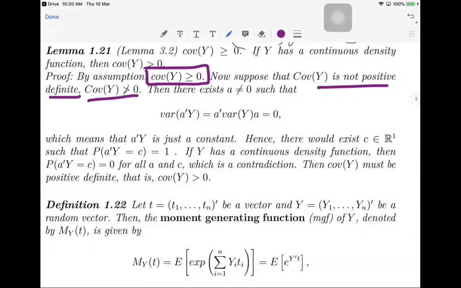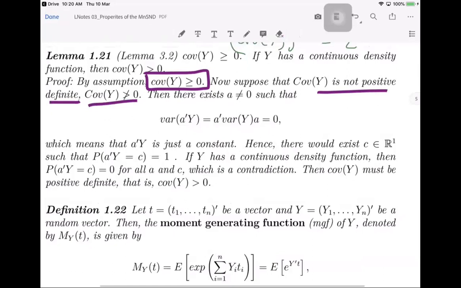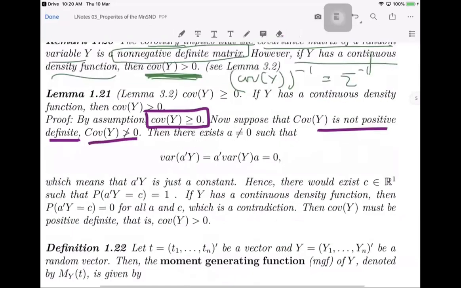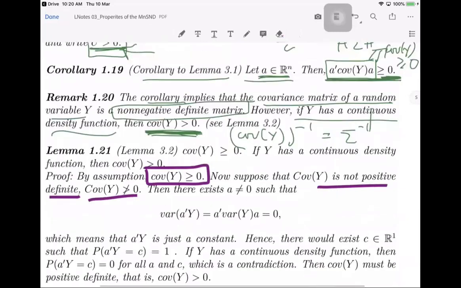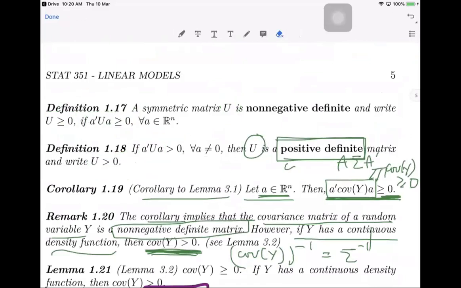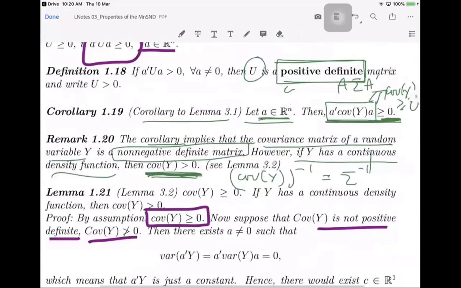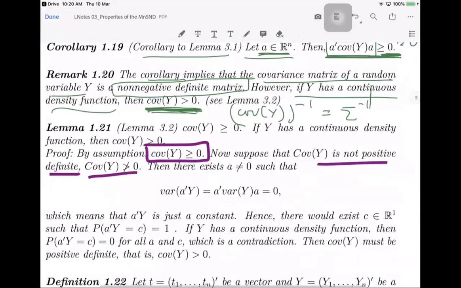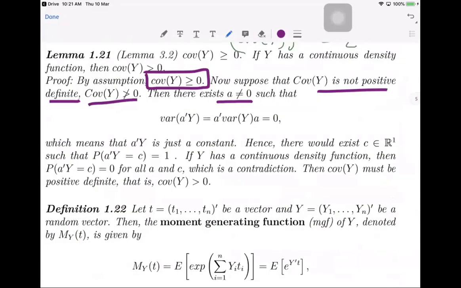Then if it's not positive definite, by definition of positive definite, there exists some A, not all zero, such that the variance of A prime Y, or the covariance of A prime Y,